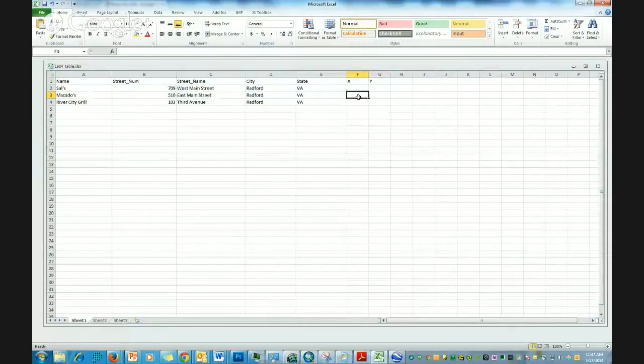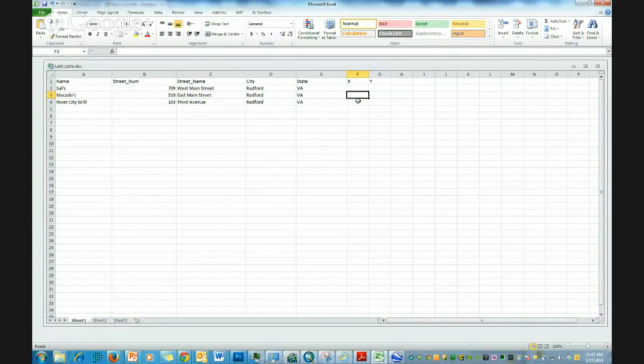which is McAdoo's. Now I need to take my lat long and put it in as XY data. I want you to be very careful. You need to think about this. Is latitude or longitude the X? A lot of times people confuse this or do it incorrectly, so I think it's really helpful to draw out a graph and think about what your X and Y axis is